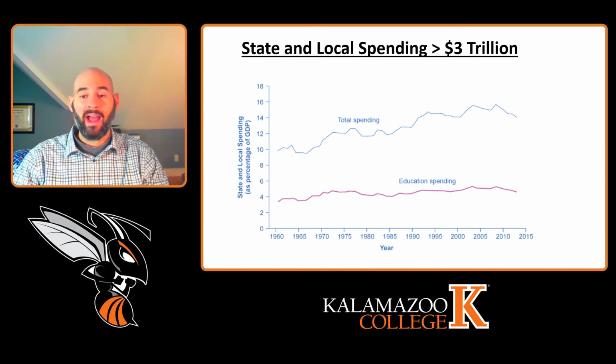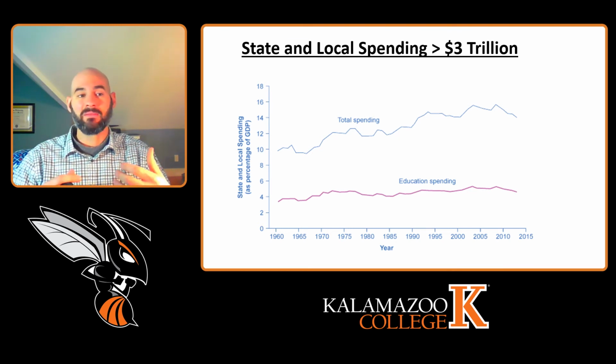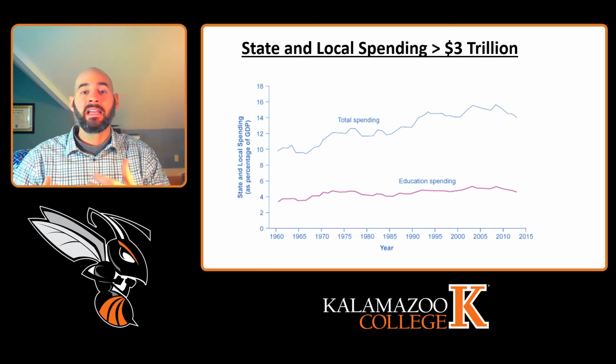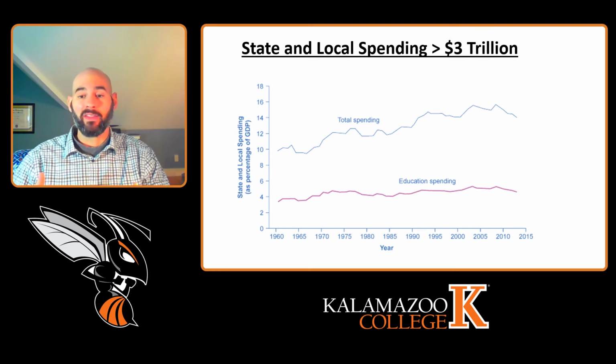And so while the federal government, as we said earlier, does not have to pay for their spending with taxation, and in fact in the vast majority of years we spend more than we collect in taxes, most states are required to have balanced budgets. They actually have laws in place that require them to collect as much in tax revenue as they are spending. The one state which consistently has no such stipulation is actually Vermont. But for the most part, the states are going to have one form or another of a balanced budget requirement.